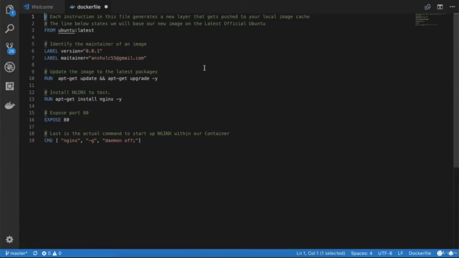If you want to comment out something, then you can use a hash to comment out the line. I have added the comments because I will upload this file in the resources of this particular lecture so that you guys can get it, right? And I have changed the port. The only change which I did is just change the port from 90 to 80, right? I will save this file.